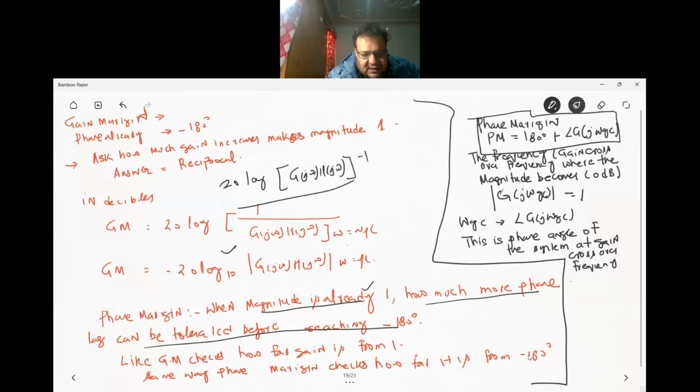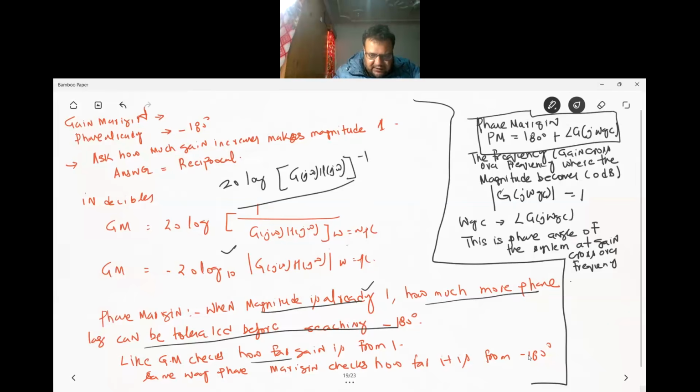Now the condition here is that in the previous gain margin condition, the phase was always minus 180 degree, but the magnitude was not equal to 1. What is the condition of instability? Both the magnitude is 1 and the phase is minus 180. In order to calculate the gain margin, we take the phase as minus 180 degree, whereas in order to calculate the phase margin, we say the magnitude is at 1. So we are looking for the instability, the disaster position. The disaster position, the verge of instability, happens when your magnitude is 1 and your phase angle is minus 180,